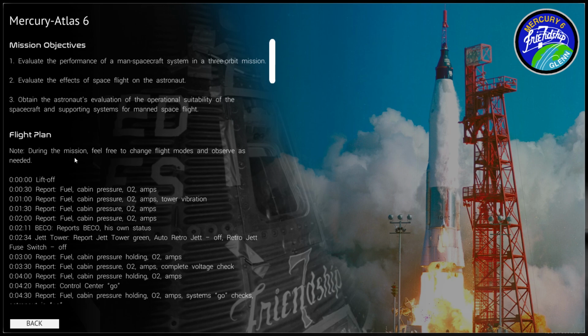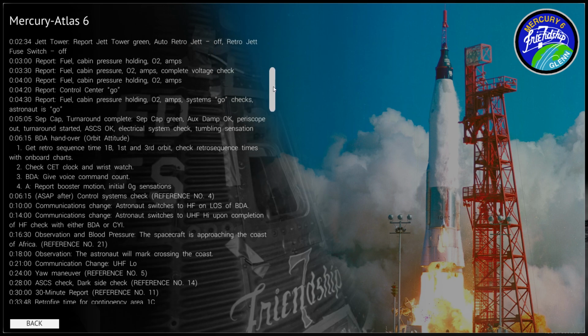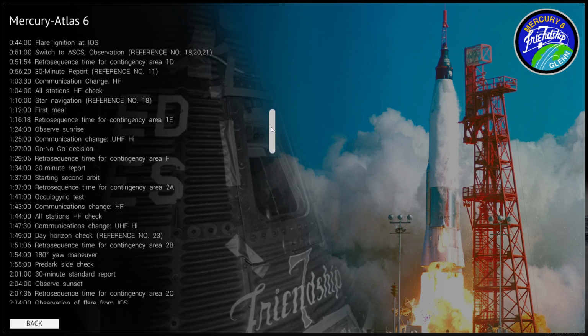So the flight plan. Note, during the mission, feel free to change flight modes and observe as needed. So this is what it's going to look like. Liftoff, report, and all that. Again, it's expected to be a pretty long flight, and apparently it's not until an hour and 12 minutes that you have your first meal, which, to be honest,